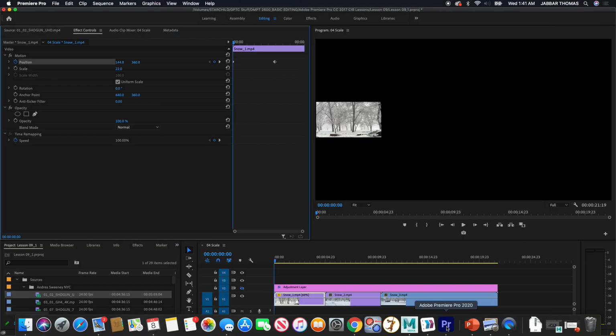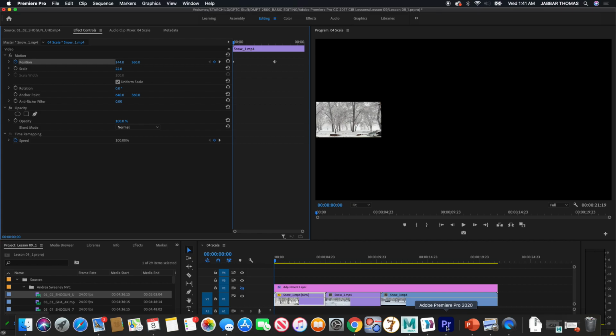Episode number 13, and we are talking about chapter 9 in the text, Putting Clips in Motion. The first part of chapter 9, episode 12, just basically gave you an introduction to what animation is, keyframes, sequence clips, the effect controls panel, basics like that. So if you haven't watched episode number 12, you want to go back and watch that one before we start on this one, because this one goes a little bit more in depth and you need information from the previous